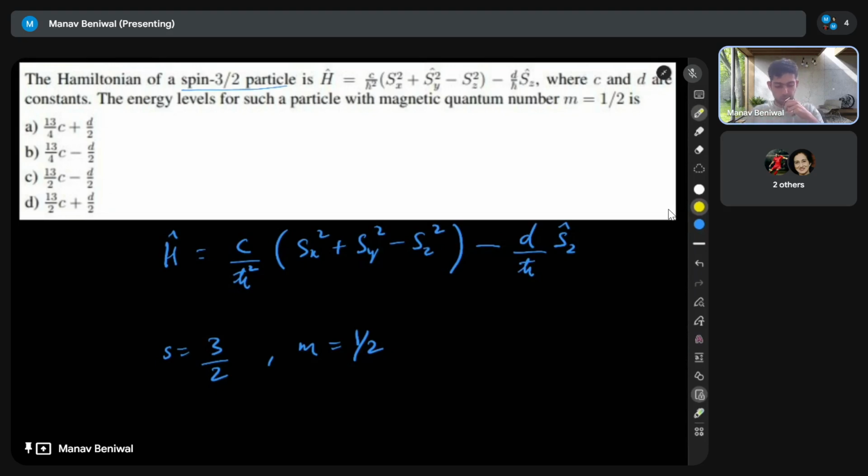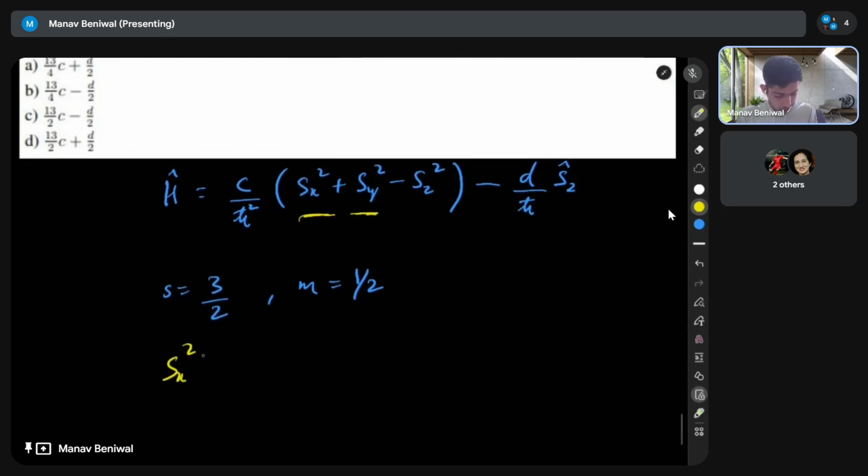So the first step should be that we see these Sx and Sy terms here. We should change them to S squared and Sz terms, right? We know that Sx squared plus Sy squared plus Sz squared equals S squared. So let's take this Sz squared to the right hand side, and this becomes this. Now we can substitute this quantity for Sx squared plus Sy squared,